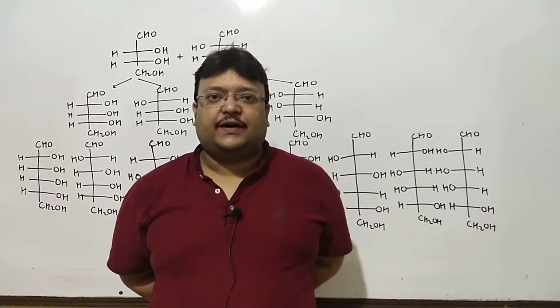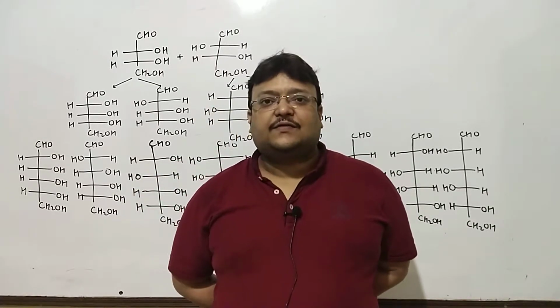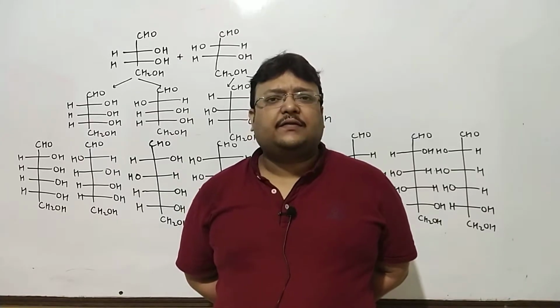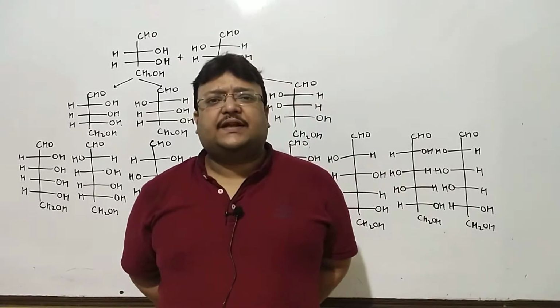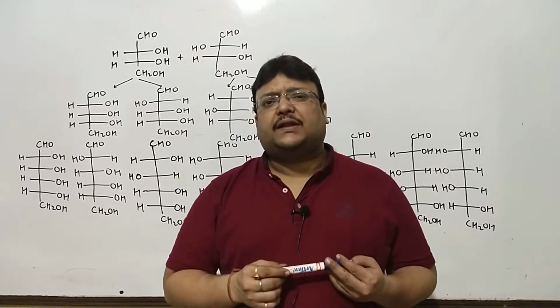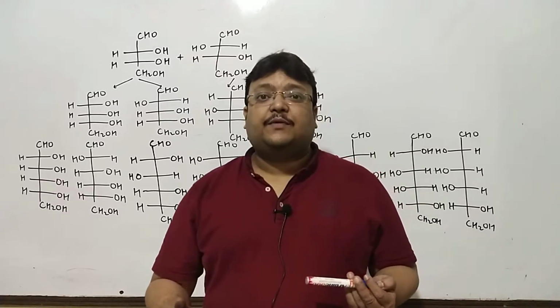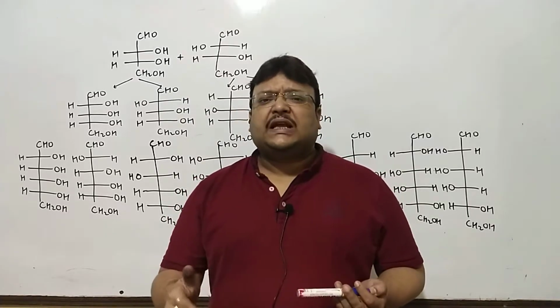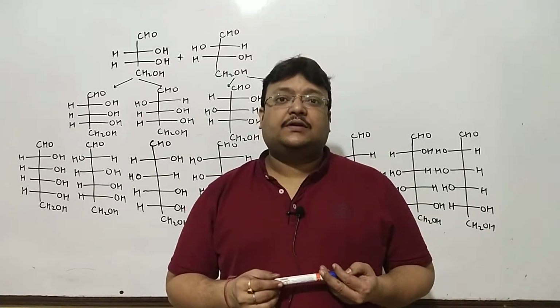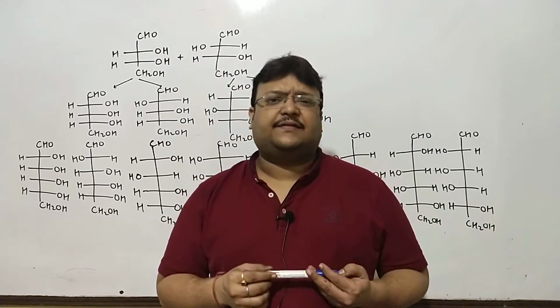All right, hello everyone. So in the last class, which was class 1 on carbohydrates, we got started with the basics of carbohydrates. We got acquainted with terms like epimers, and we learned two very important methods. One of increasing the number of carbon atoms in a sugar, which was the Kiliani-Fischer method, and another was decreasing the number of carbon atoms in a sugar, which was Ruff degradation.